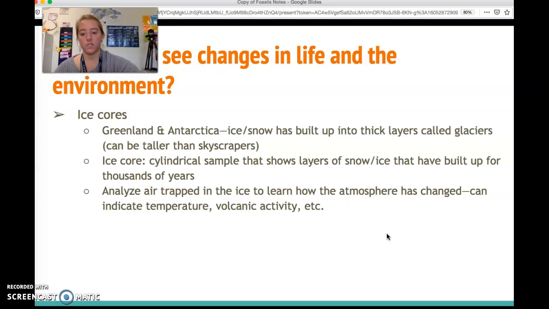Ice cores, which are taking a cylinder sample that shows the layers of snow and ice that have built up for thousands of years, right? So we can find a really thick one, or we can see the change. We can do similar samples of the soil out here and kind of look at our soil layers, which we'll do when we're in Earth and Environmental. We can't, unfortunately, take an example of an ice core because we don't live in Greenland or Antarctica, but maybe we can watch a video